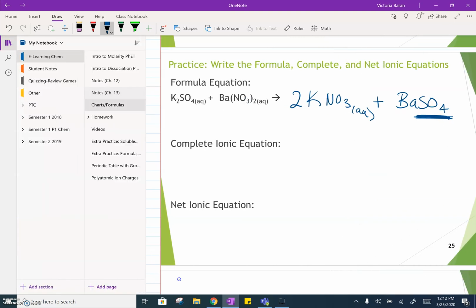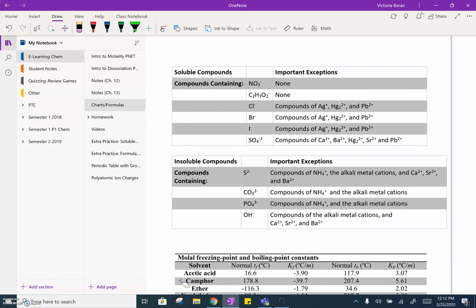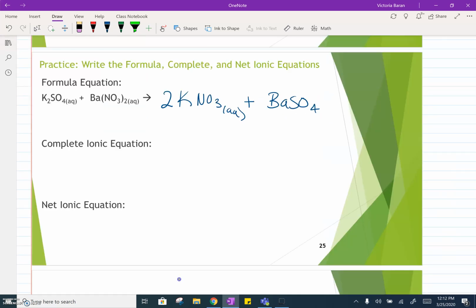So I'm going to go to the solubility chart, and I'm going to find SO4, which is right here, okay? And SO4 is with Ba, and notice Ba is listed as an exception. So normally if a compound had SO4 in it, it would be soluble. But since this SO4 is with an exception, it is going to be insoluble and therefore form a solid precipitate. Okay? So now we are done with our